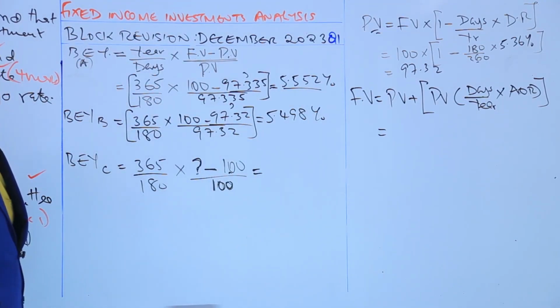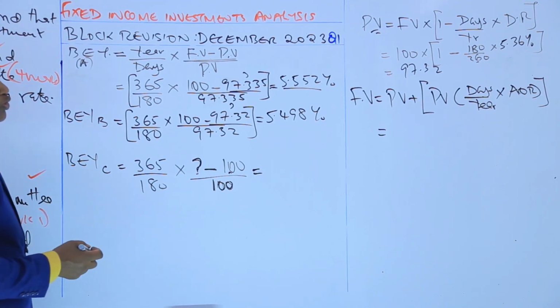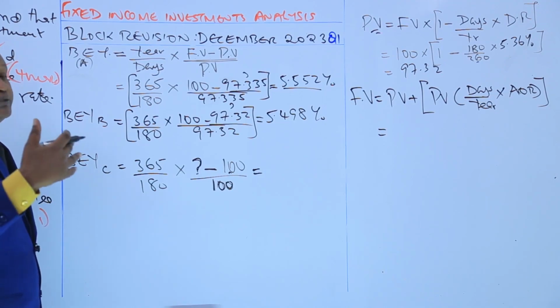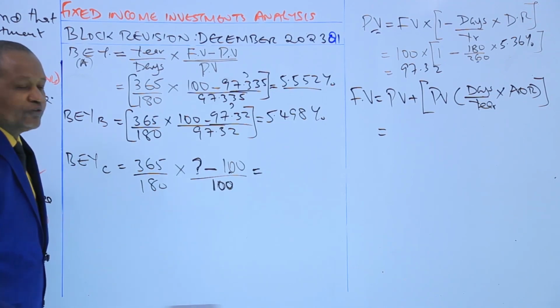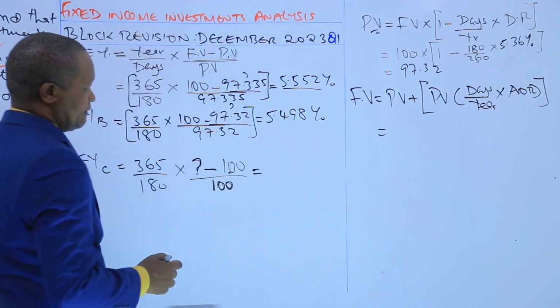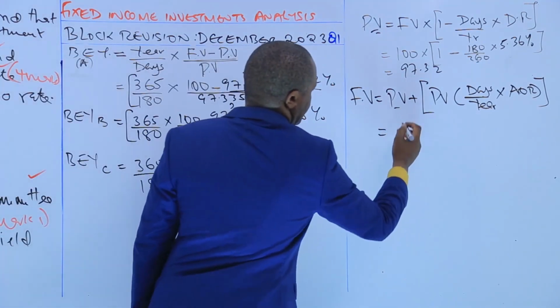The future value of the bond. Do you understand, candidates? This is how you go about it. The PV is the present value, which is the principal amount, or the price of the money market instrument, which is equal to 100. This PV is 100